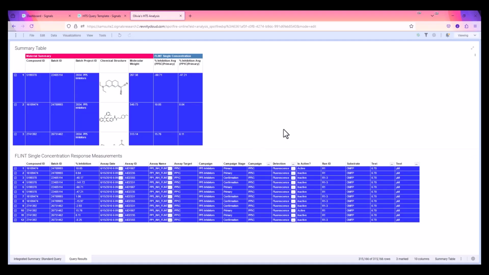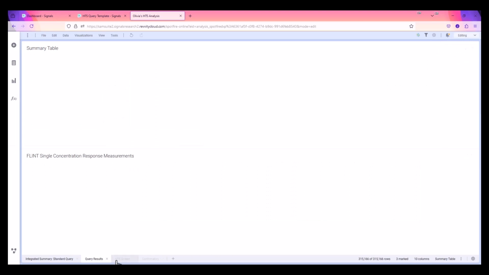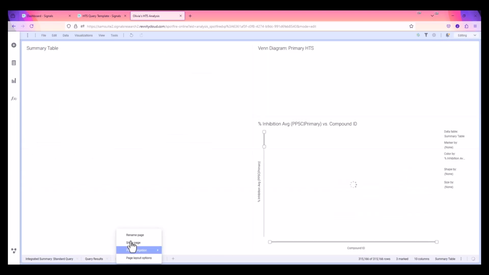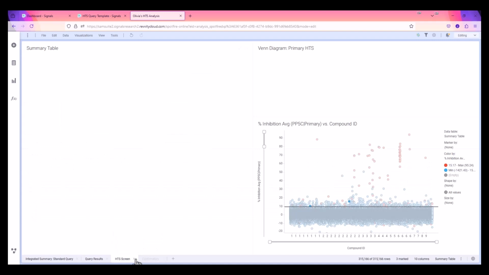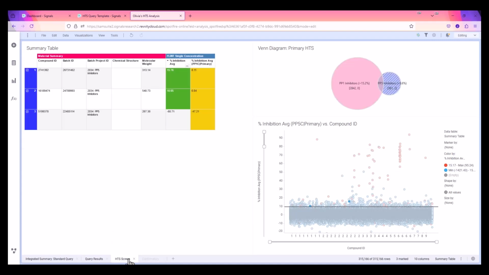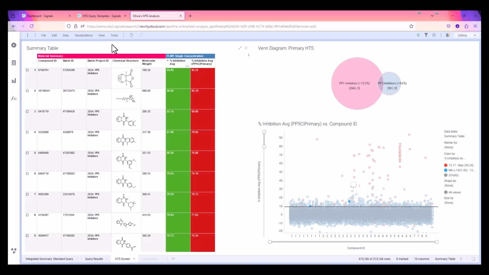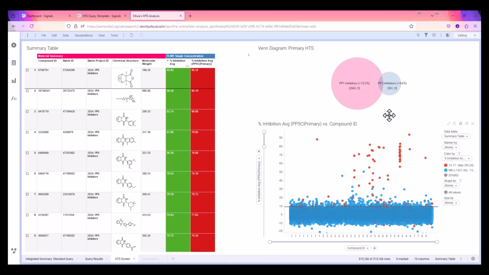So then I'll continue on and say create my visualizations. I personally like to set up different pages that are relevant to the particular type of analysis that I'm doing. So in this case, I've set up a tab. I've called it HTS analysis, and I've now leveraged those tables that were downloaded with the query. You can see that on this page I've added coloring to mark different hit criteria. I've created a scatter plot and also a Venn diagram,